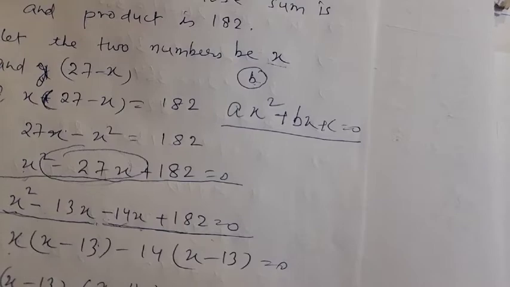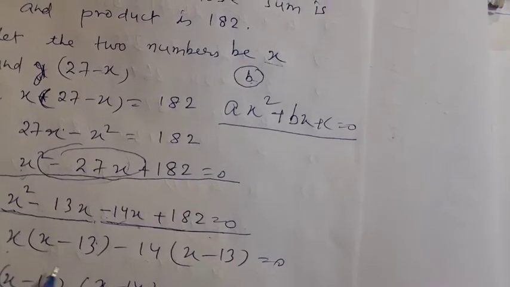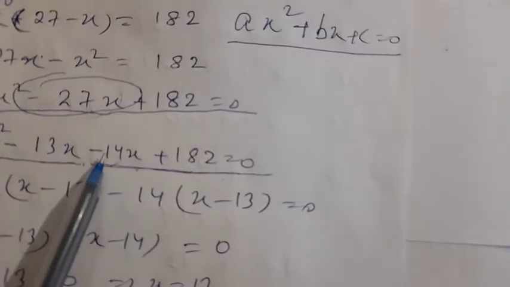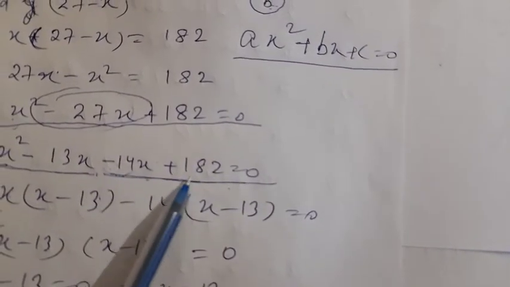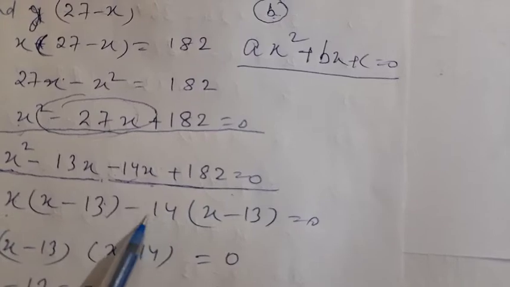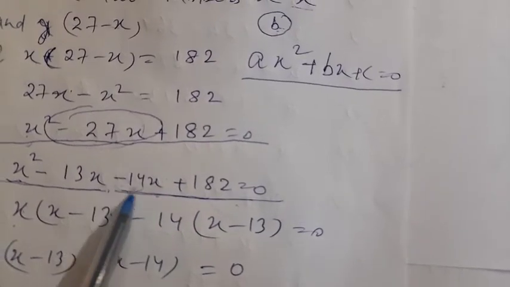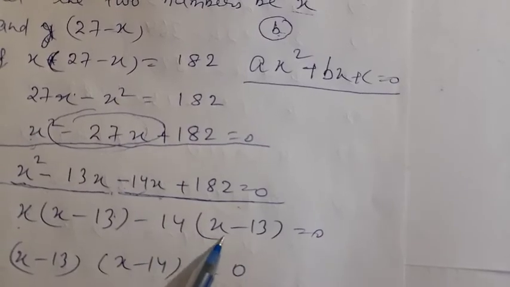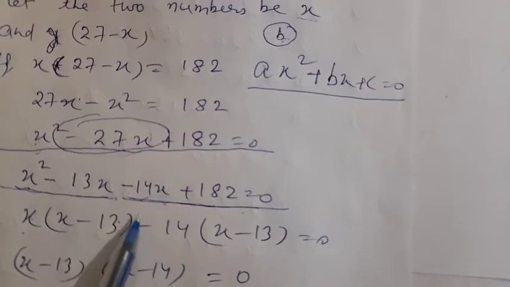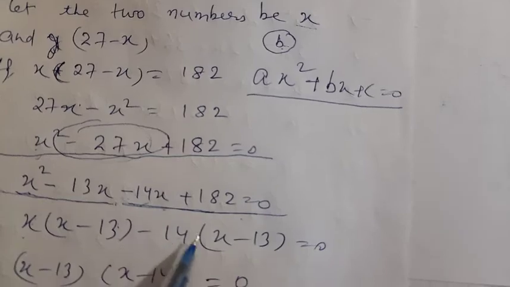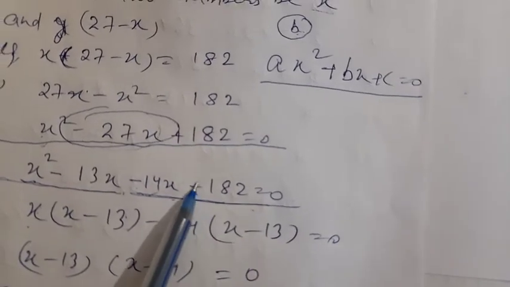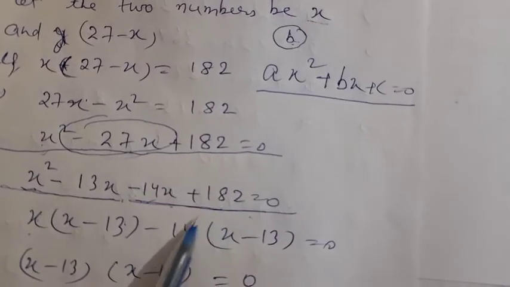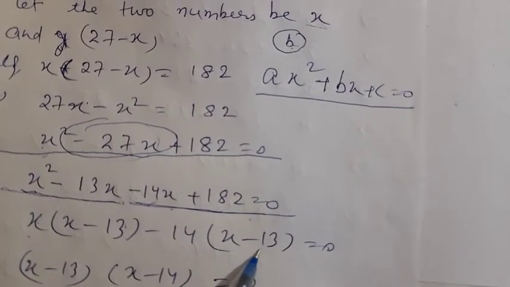So we have to keep inside the bracket the same type of number. So this minus 14x plus 182 has minus 14 common in them. So this minus 14x when divided by minus 14 will give us simply x. This minus minus cancelled out, 14 cancelled out. What is left? Only x is left. Now when this plus 182 will be divided by minus 14, it will give us minus 13.